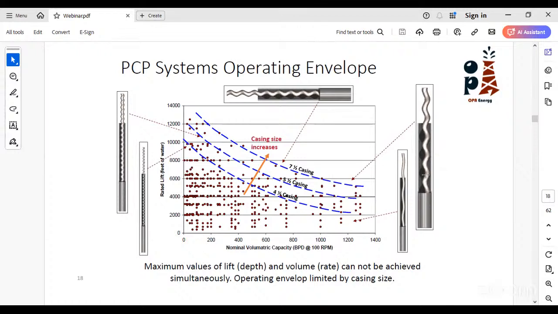Of course, we have different shapes of the stator and rotor itself. We will know specifically, or in more detail, about these configurations in our course, inshallah, because we now have limited time to talk about these rotor and stator configurations. We need a lot of time to talk about them, and they will highly affect your application or your PCP design. The shape of the rotor itself, the pitch, the diameter, the elastomer material, the stator pitch, and many other factors.